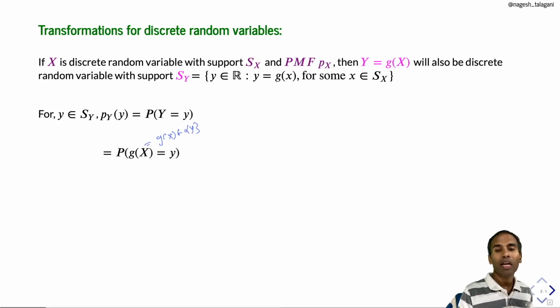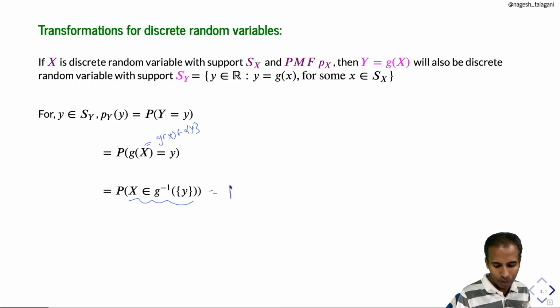G of x belongs to singleton y if and only if x belongs to G inverse singleton y. So this probability we can write as probability of x belongs to G inverse singleton y. Here G inverse singleton y consists of all preimages of y under G. There could be more than one unless G is 1-1. Now this probability of x belongs to G inverse singleton y we can write as Px of G